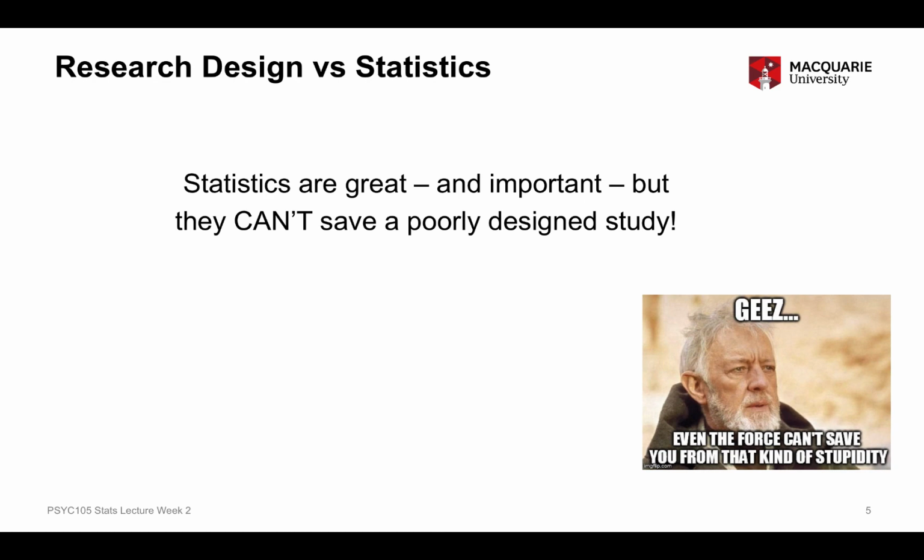And the reason for that is there's lots of different ways you can analyse data using statistical methods, but if your data don't come from a well-designed study, if your study design isn't appropriate to the research question, no statistics can save that. No statistical methods can actually overcome those problems that have been brought about by having poor research design. So research design comes first, statistical methods come afterwards, and if you've made a mistake with your research design, you're kind of screwed. There's nothing you can really do to overcome that or to try and fix the problems. So research design is probably more important than statistical methods, and I say that